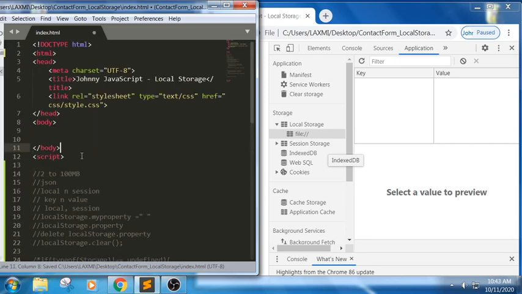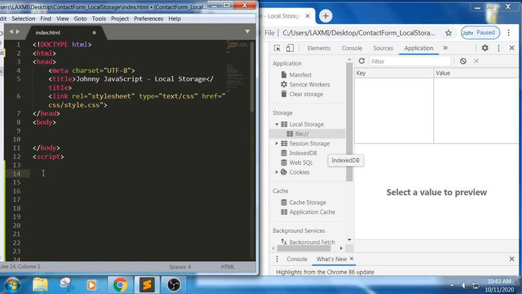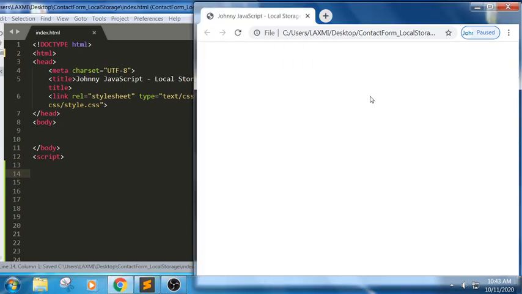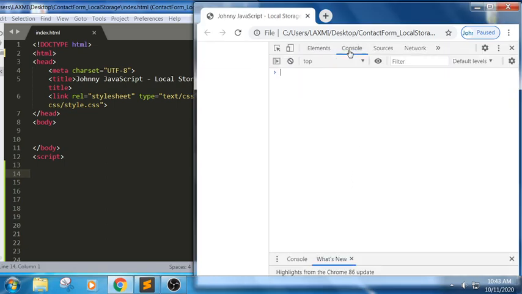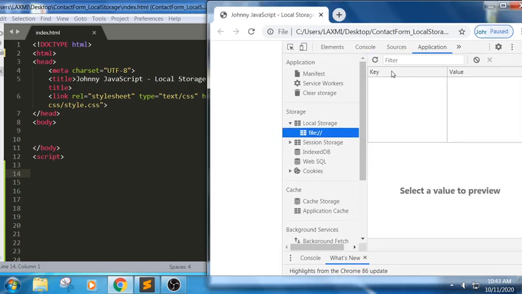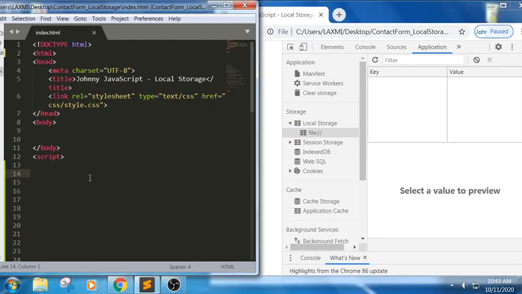Now let us write code where it will retrieve the data of a form. Usually we use this concept in simple applications, but not for complex operations. I want to design a form with a name and email ID. When the user clicks on the submit button, it should display the values in the console as well as in the key and value pair. This is also one of the most important coding challenges asked in interviews and mock interviews. Okay, let me write the code for this.